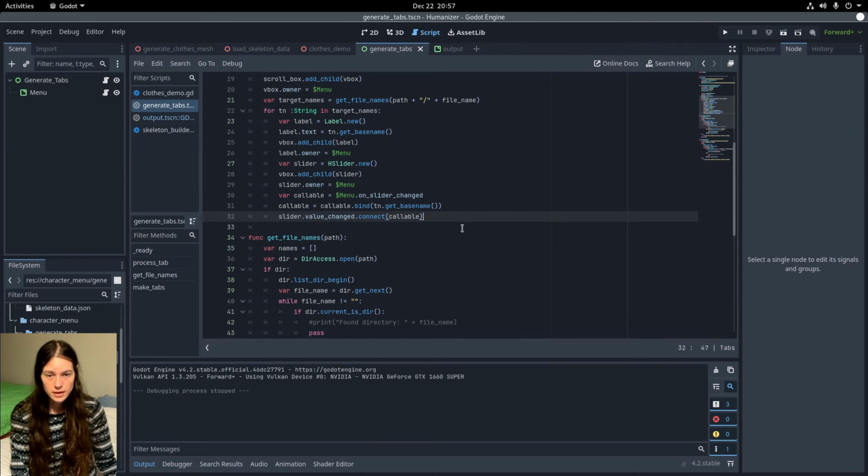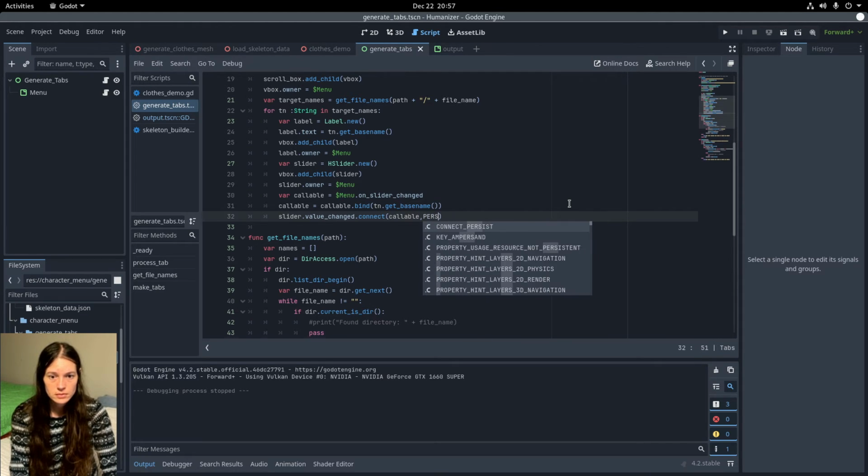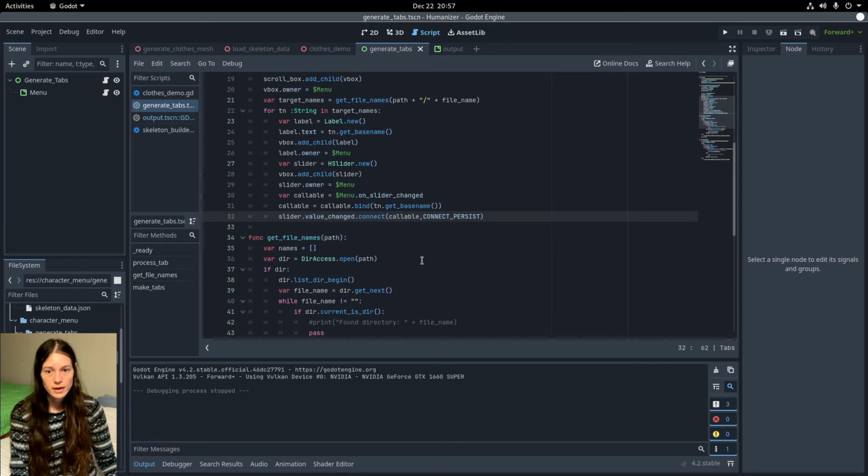So when I connect to the callable, I can add the connect persist flag,